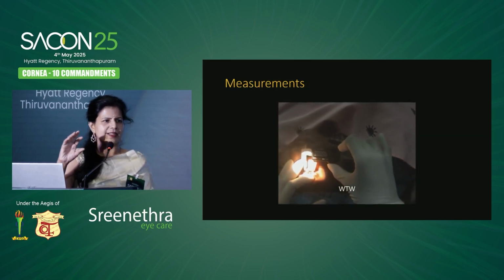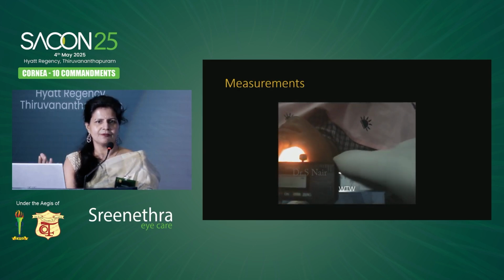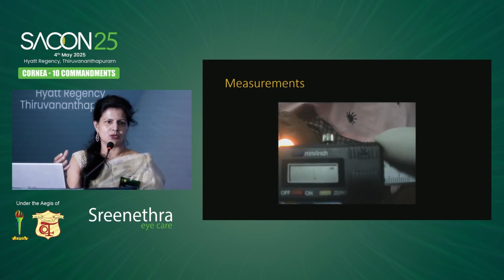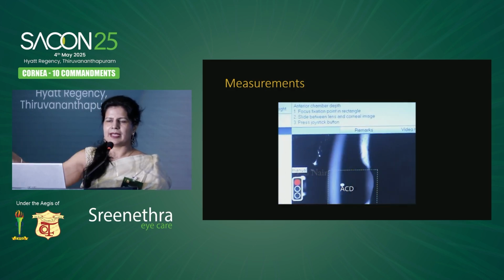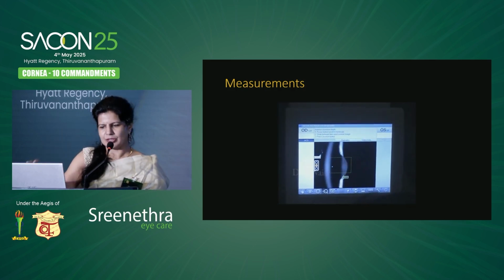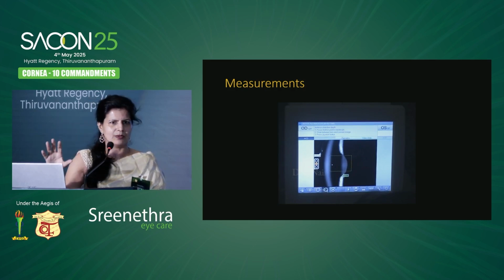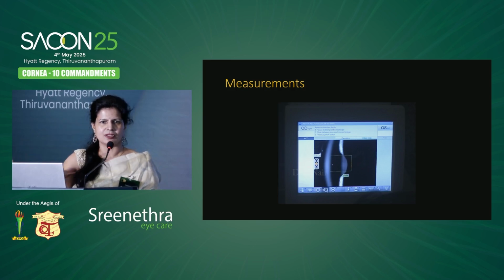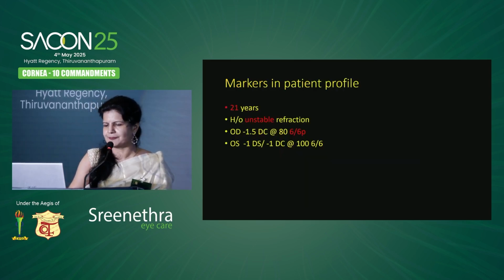Now, measurements are of extreme importance, and I usually prefer that the surgeon himself or herself does that. Especially the white to white, we can do it using various instruments, the Pentacam, OrbScan, or the IOL Master. But as a golden rule, I go for the digital white to white. Again, the anterior chamber depth, whether it's from the epithelium or the endothelium, can be taken, but we use only the depth taken from the endothelium for calculation. Again, it's given by various instruments, and these conform more with each other than the white to white measurements.